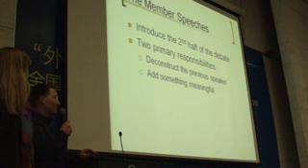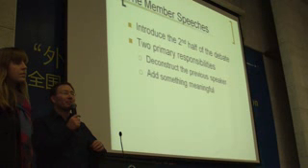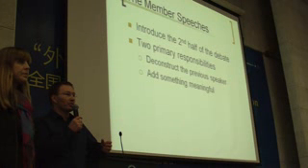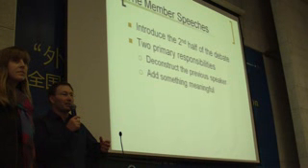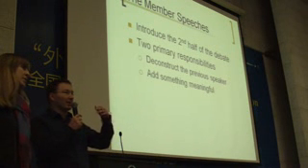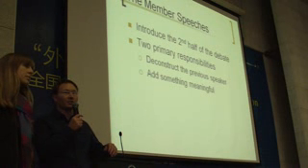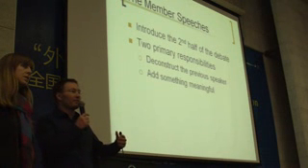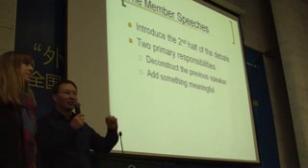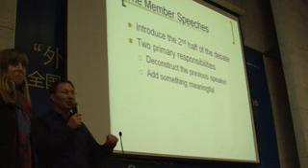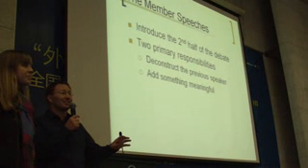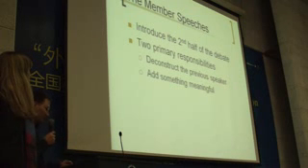But then that leads us to the second responsibility. You need to add something meaningful to the debate. If you think back to Steve's lecture last night on adjudicating debates, he talked about the movement model of debate. At the end of the first half of the debate, the judges are going to be somewhere on that spectrum between believing that the motion is true or false. You need to move the debate further along in the judge's mind. You need to move that smiley face that he had on the graph a little bit towards the government side if you're proposition, or a little bit more to the opposition side if you're opposition. And your extension is the way that you add something meaningful to the debate. And we'll talk about that in a second.